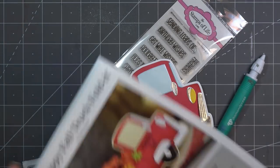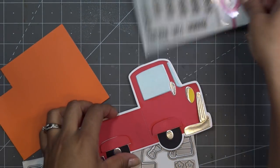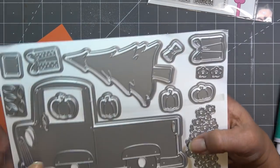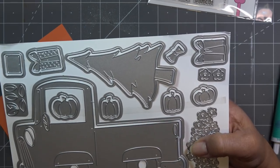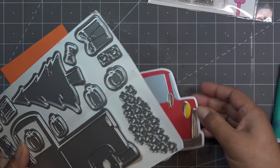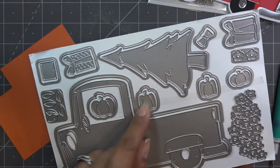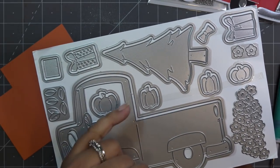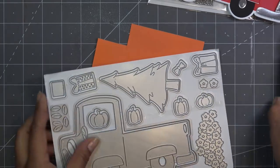I was looking at the pumpkins themselves. They have a matting layer or a shadow or a blackout, but I think I'm just going to use the pumpkins themselves. We'll do a little distressing just to make them look a little nicer. And then I'm not going to fuss with the little stem too much, but what I think I'll do is get an alcohol ink marker that's a brown color, and we'll just color that brown. So I'm going to use orange paper. I'm literally just going to pop out each one of these little guys